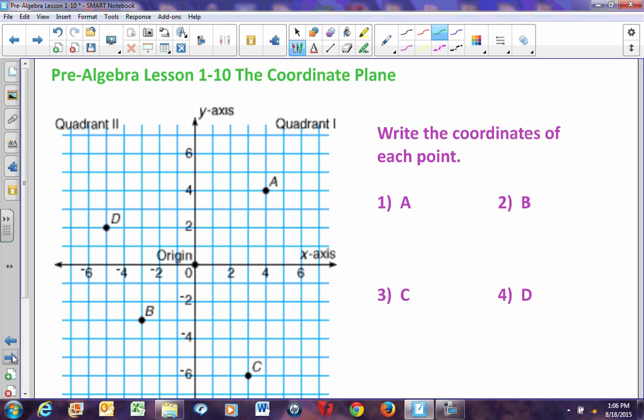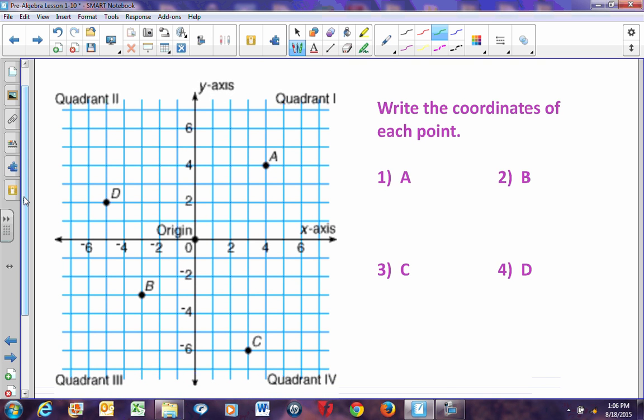All right, last thing here. We're going to write the coordinates of each of the following points. And I've given you the x-axis, the y-axis, the origin, and the quadrants. So we look at letter A. And you'll notice they labeled every other line, so they're still counting by ones. Letter A, you'll notice, is 4 units to the right and 4 units up. So that would be 4 units to the right, 4 units up, and we need to put it in